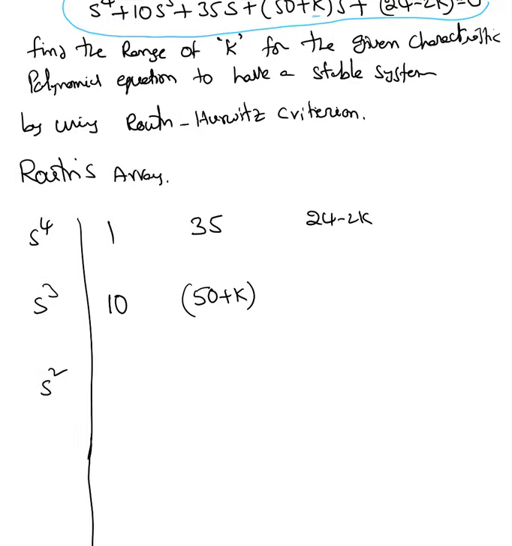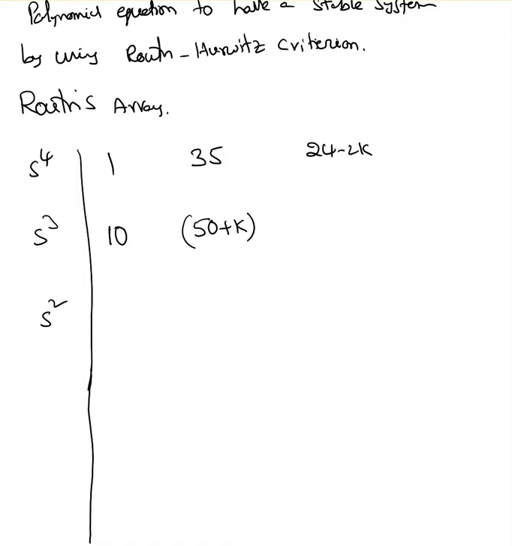All we know is that to have a stable system, as long as the elements in this row are positive, then we're good, we will have a stable system. So that's what we're going to find. To find this term here, a equals multiply these two minus these two, divided by this element. So a equals